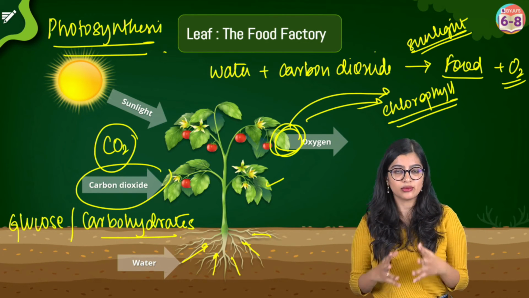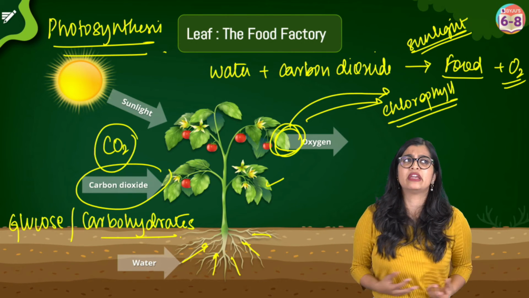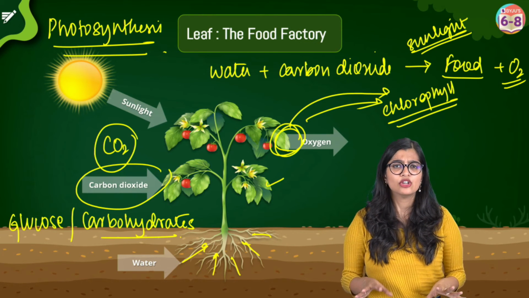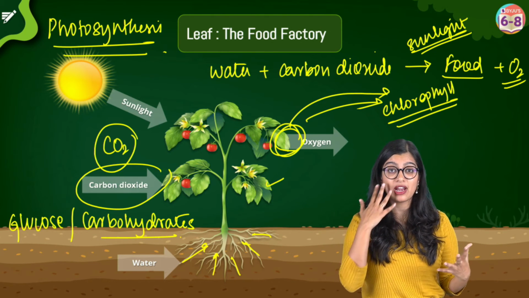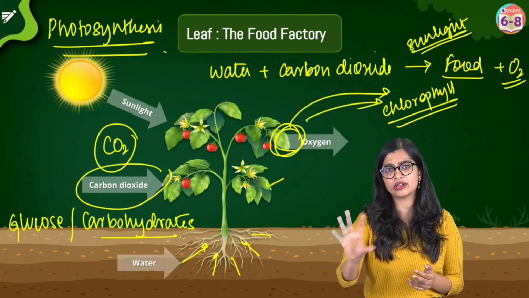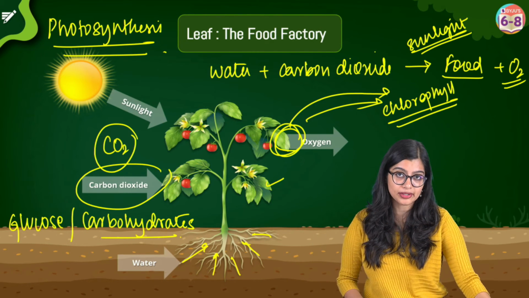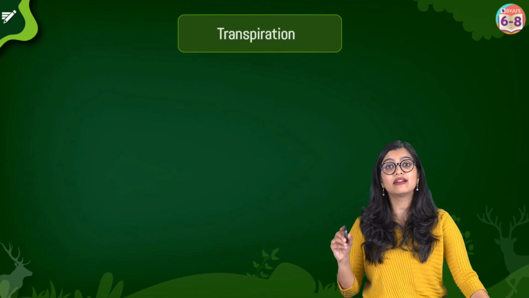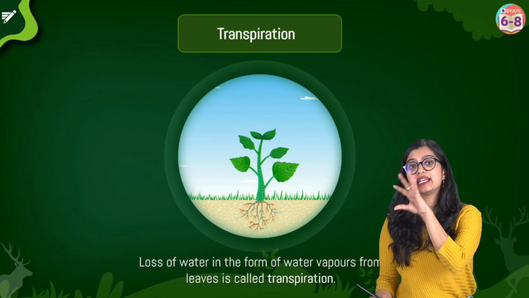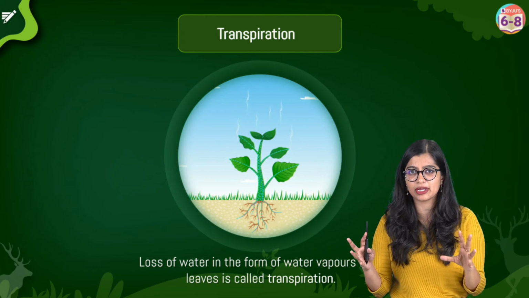So now in such cases, in our case, if I have to give you the same example, if we have excess water within our body, we will get rid of it, right? So we will either sweat it out, yes, or it is expelled in the form of urine, right? Excess water is removed. So similarly, plants have a way of getting rid of excess water. And what they do is they get rid of this excess water in the form of water vapor. It will get converted into water vapor, which is small droplets of water, right? Water vapor that is there.